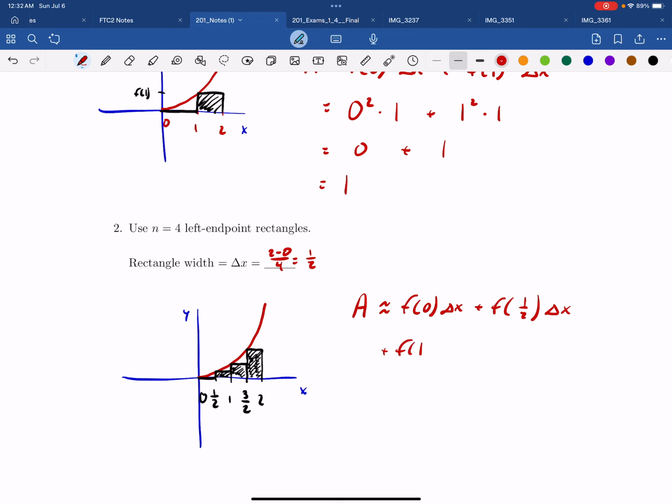Plus f of 1 delta x, plus f of 3/2 delta x, okay? And when we do this out, this is going to give us 0 squared times 1/2 plus 1/2 squared times 1/2